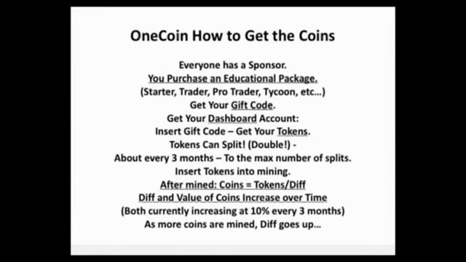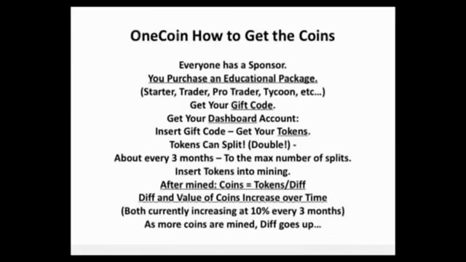And then after your tokens have doubled, anywhere from a factor of 2 to a factor of 4, and that happens about every 3 months, you take all your tokens and on your website, you put them into mining. Real easy to do. They do the mining. Is that like investing? This is where they come up with the coins. And the number of coins you get depends on this thing called the difficulty. You take the tokens divided by difficulty, and you get the number of coins. The value of the coins is increasing at about 10% per quarter, and the difficulty is also increasing at about 10% a quarter.